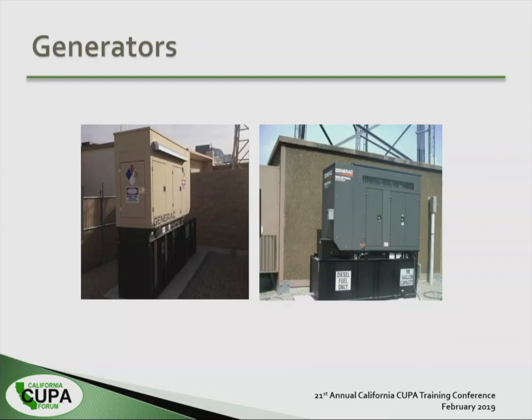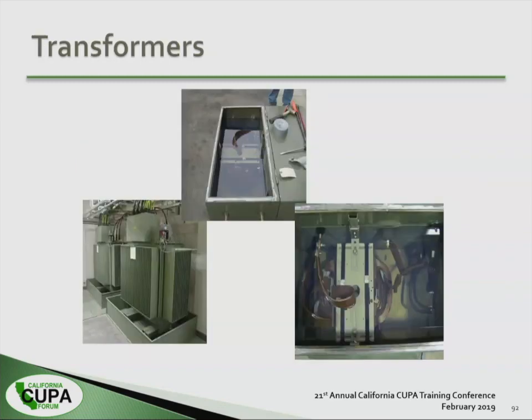Next one is the diesel generator. As long as my diesel generator, the combustible liquid, is 500 gallons or less, it meets the threshold requirement, we're good to go. And then transformers. As long as there's an SPCC plan, and the SPCC plan has been prepared for a transformer that's over 1,320 gallons, then it's also exempt.